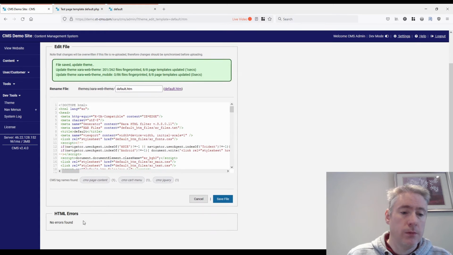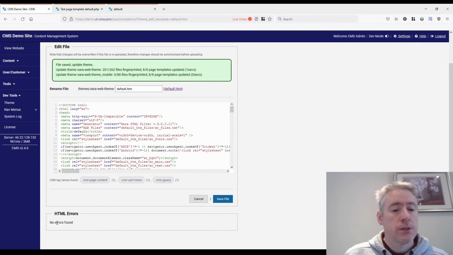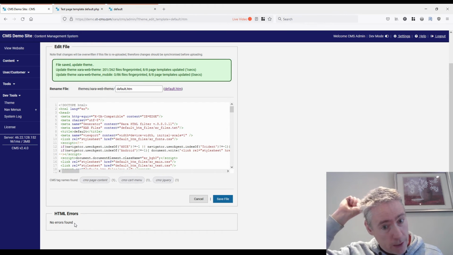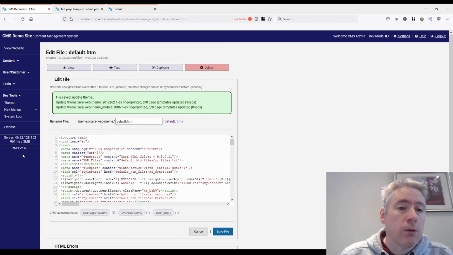And no errors found. So this is just a nice way of seeing if you have any problems on your template itself before it even goes through the CMS, if there's any broken tags or anything like that. There are some errors that are not critical to things running properly, and so you might get away with some errors just being warnings, but it's nonetheless a handy feature to have.